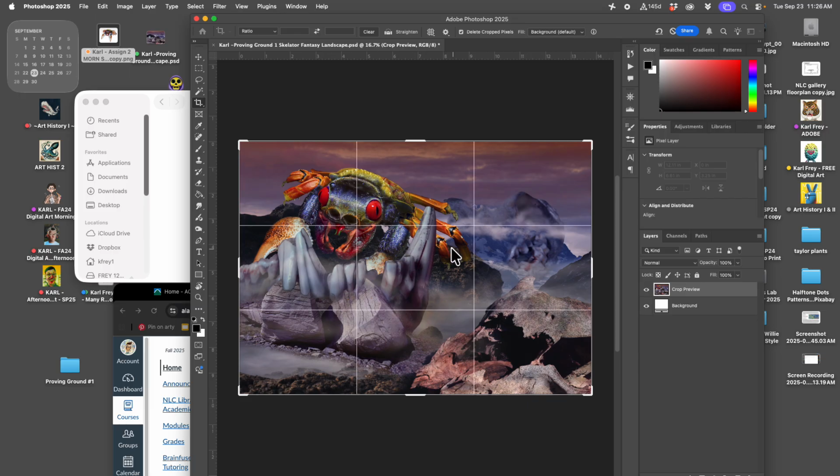will show me what are called the third lines. These third lines show you the composition split into a 9-square grid. Your creature needs to fill, or not fill, but at least occupy 3 of those 9 squares. If it only occupies 2 squares or 1 square, it is not filling up 25% of the composition. Does that make sense? So this is filling up 4 squares, or at least is occupying 4 squares. So this is big enough. Do you guys agree? And to make it easy, I'll just put guides around